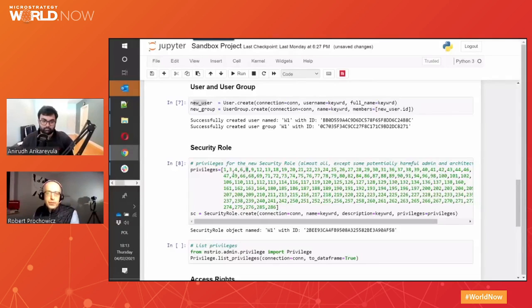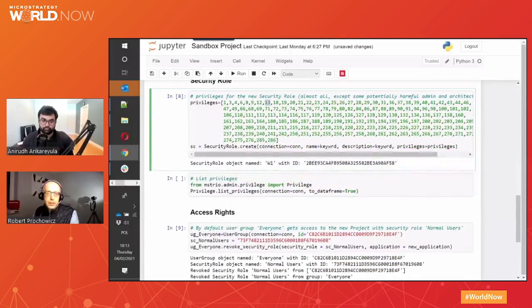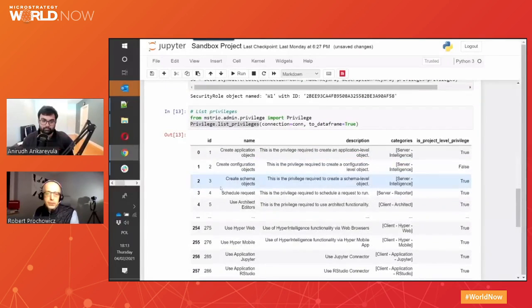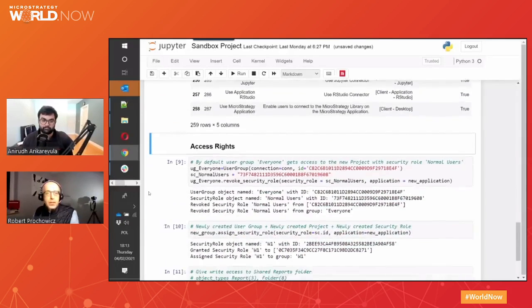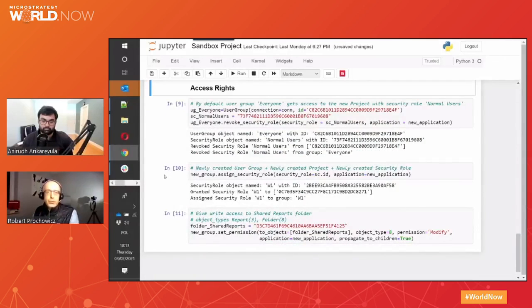All the privileges that this user can do, like export to PDF or drill down and so on and so on. They have IDs. If you don't know what ID 13 means, you can list it with this list privileges. So you can see that ID 5, for example, allows using architect editors. All right. Okay, so after my security role was created,